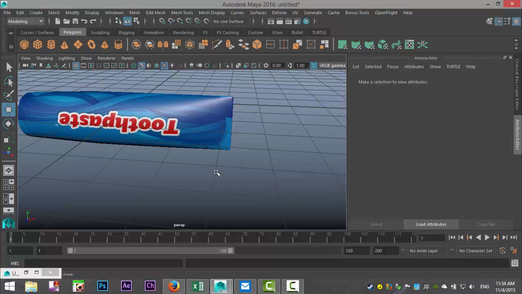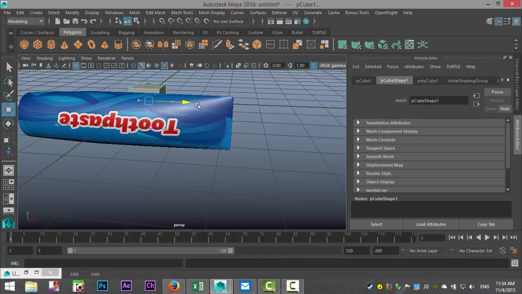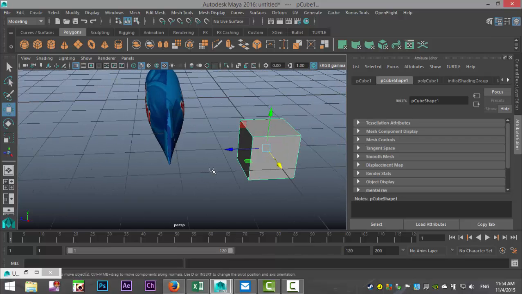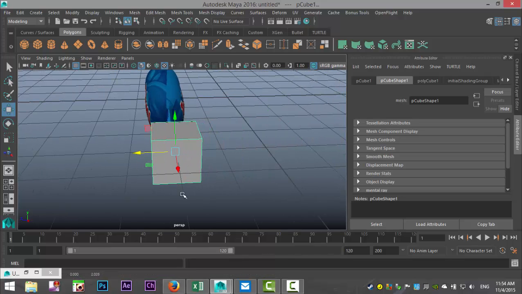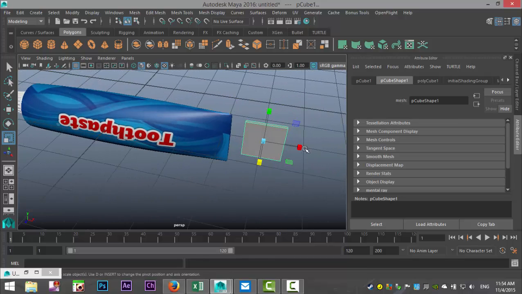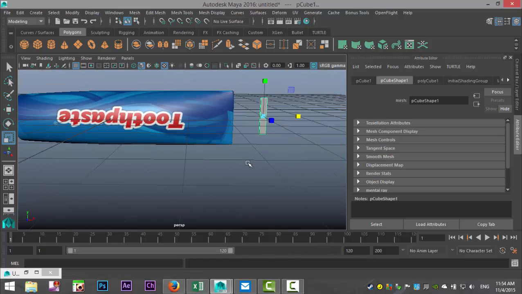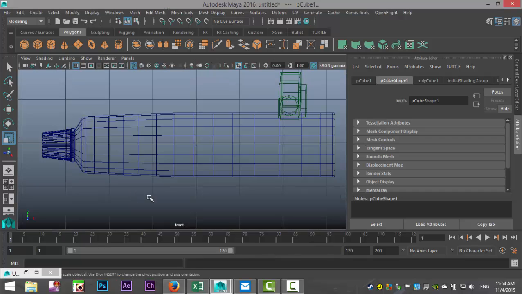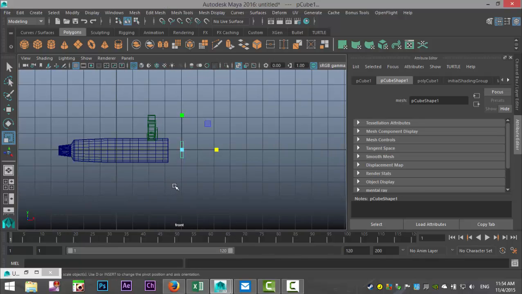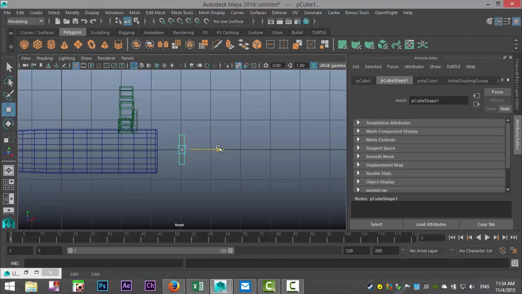We need to create something for our end section here. So for that, we'll take a cube. We'll pull that out. Pull that in. Hit R to scale in quite a bit. And then push it in like this. And then we're just going to make this fit. Hit F to zoom in. Hit W and bring that in, and hit R and scale that up.